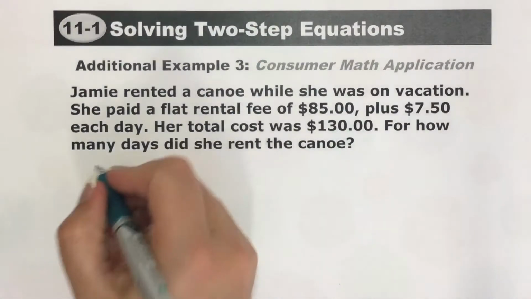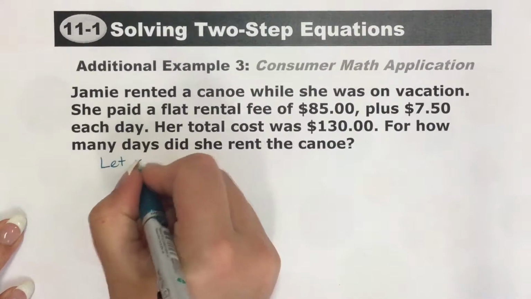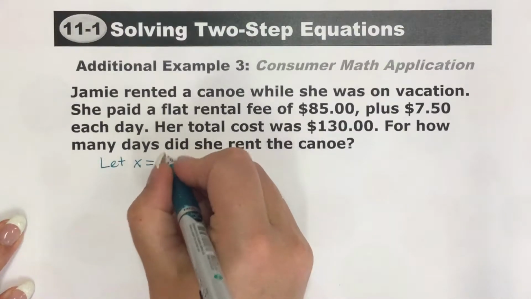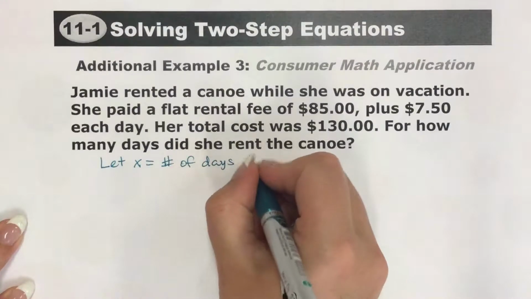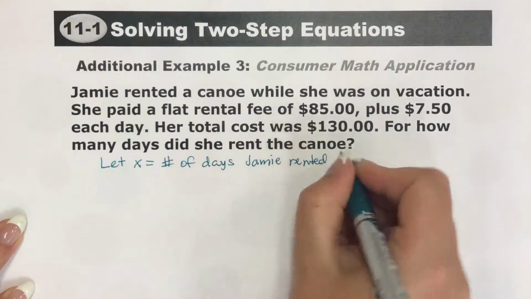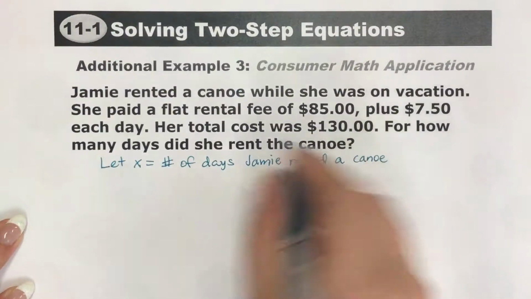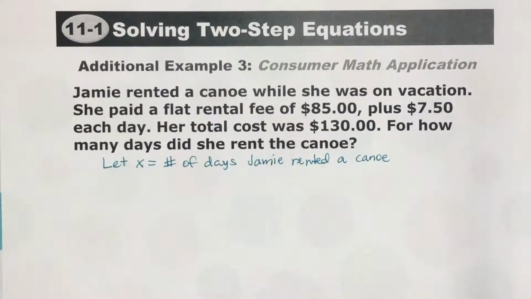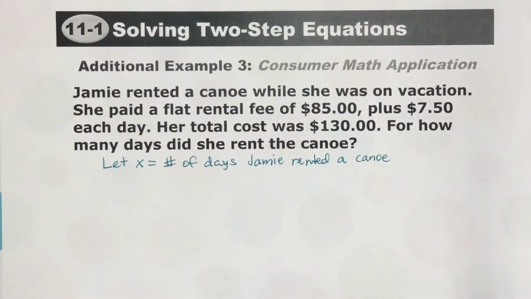So we're going to go ahead and define our variable. We're going to let x equal the number of days Jamie rented a canoe. Okay, so that's what x is going to equal. Perfect. Okay, so let's go back and kind of figure out, well, what are the important pieces of information in